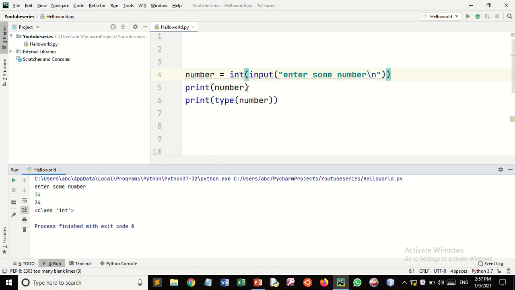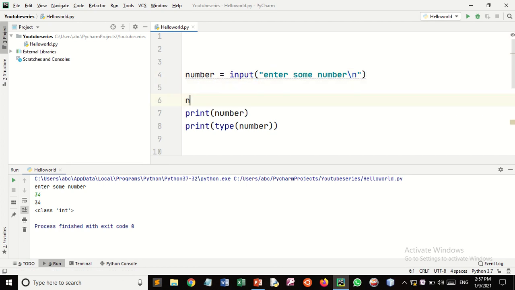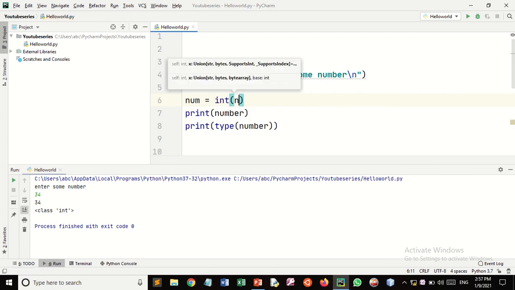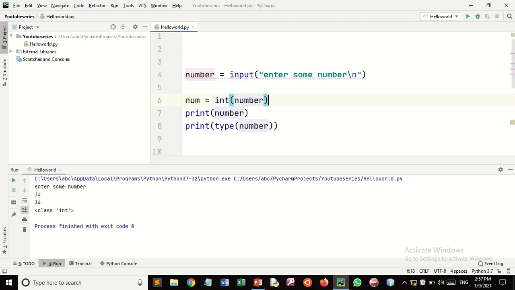And if you don't want to use it here, you can also use it separately. So let's see how we can do it. For that I'll use some variable and convert this string, this number, to integer and print it.